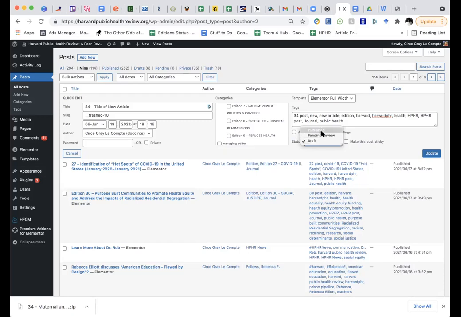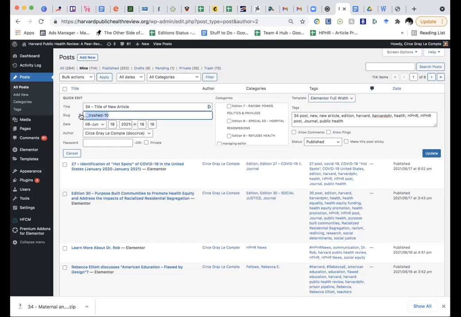The other thing you're going to want to do is publish it. Now, this is not normally something you would do, but because the website is in beta stage, we're a little more tolerant right now with things maybe not being 100% when visible on the site, because folks are more understanding. With that, the other thing you want to check is your template. Never default or canvas or the theme. You want to hit Elementor full width. Otherwise, it's going to look super odd. So with that, you are ready to go.